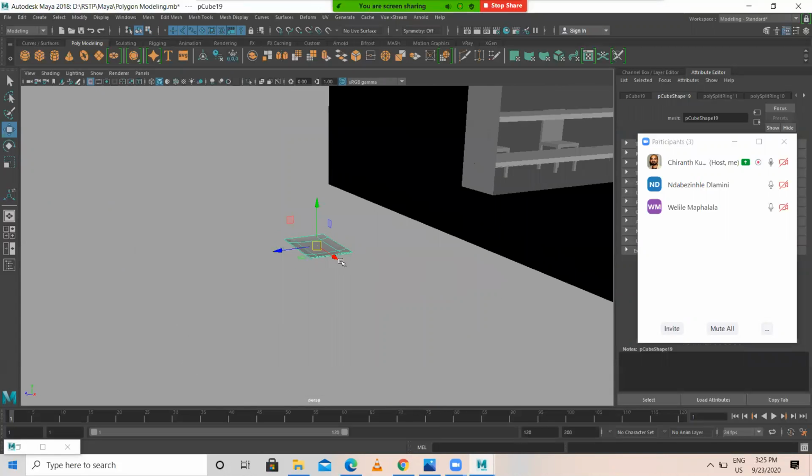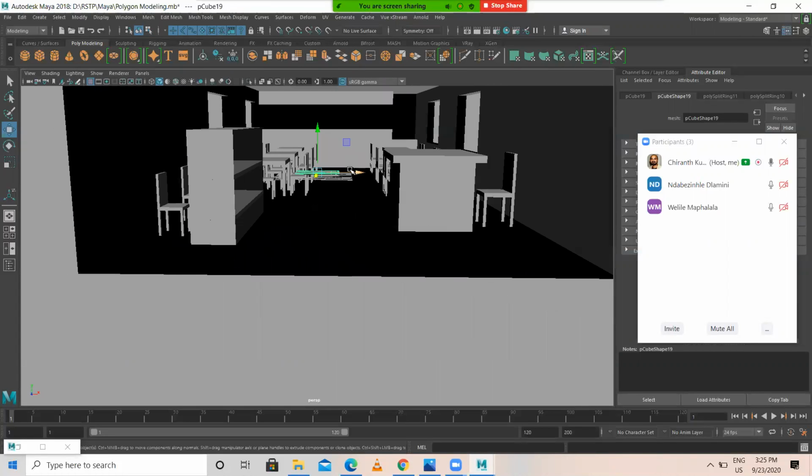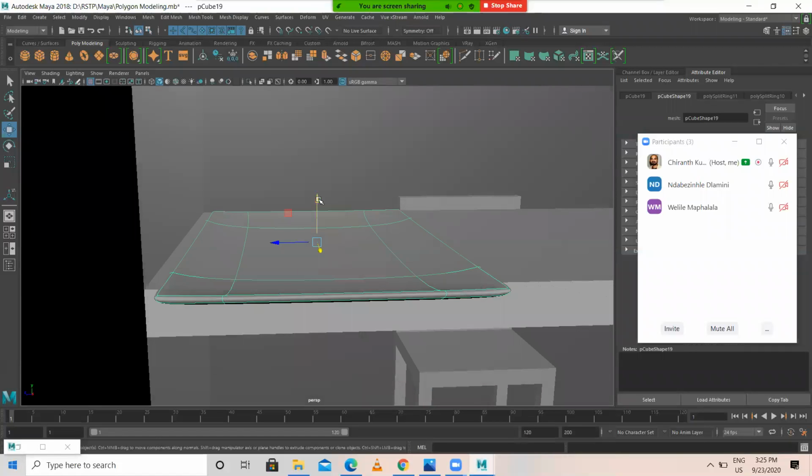So what we can do, let me place this inside this particular box. F for frame or focus.